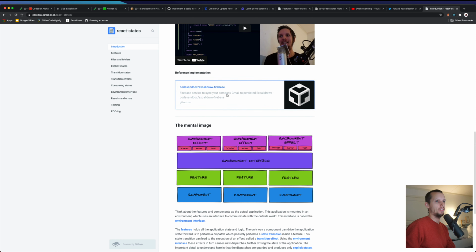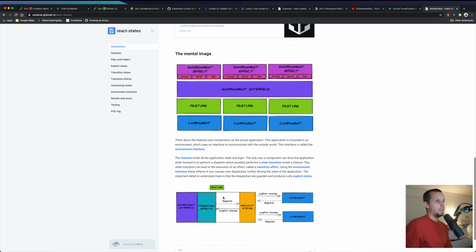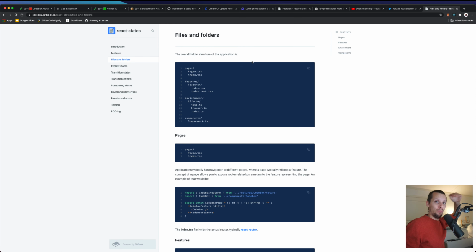And the Excalidraw project is a reference project for us. So any change we make to React states and how we think about the architecture is updated in this reference project to try it out and test it. It's still in development, the architecture itself, but we do try to update the documentation for this. And that is also what leads into this book thing.